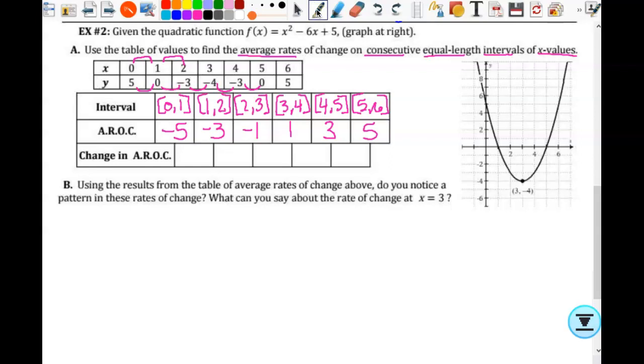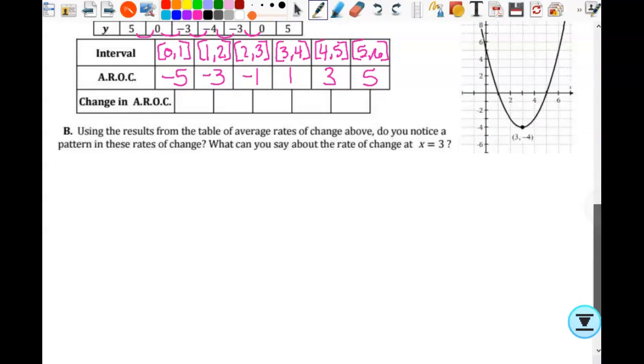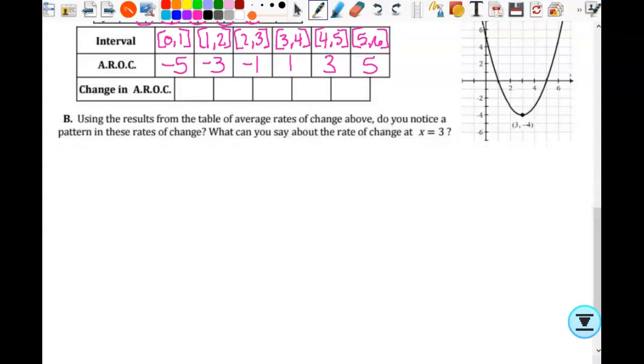It says, using the results from the table, the average rates of change above, do you notice a pattern in the rates of change? So we'll say yes, or hold on, yeah. As x increases,